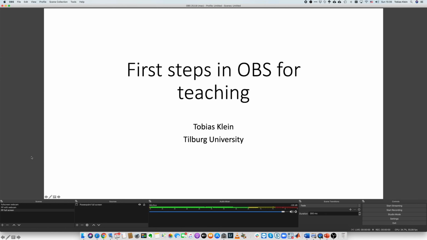So here I have my OBS open on my Mac. In the office I have a Windows PC. It looks pretty much the same and the steps are pretty much the same. Now, what is important for you when you get started, here on the right hand side, you're going to be